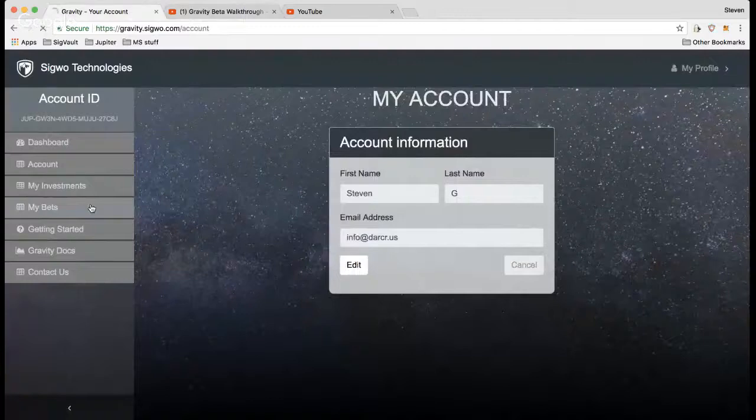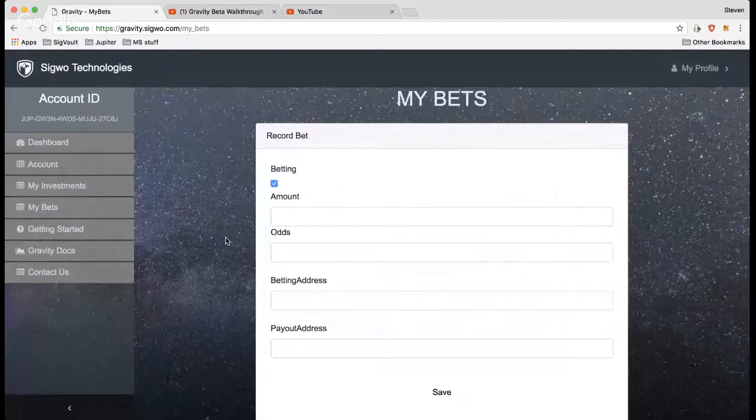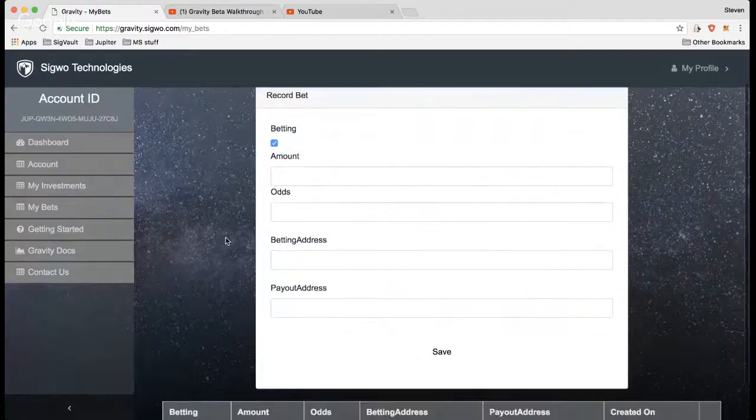So then bets, same thing. It's just another thing we set up just to show you that you can quickly build databases on the blockchain using Gravity. This would be one of those betting platforms that you could put the amount, the odds, the betting address, the payout address, and then the oracles or the API feeds. You could import the API feeds and write those results to the blockchain, and then Gravity